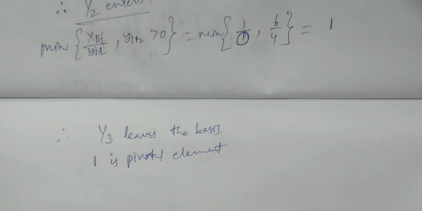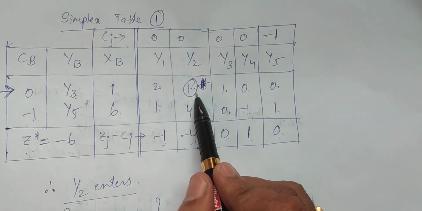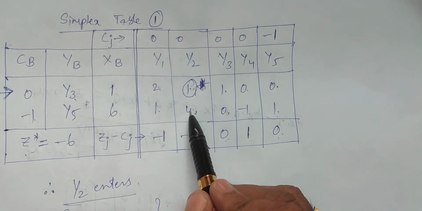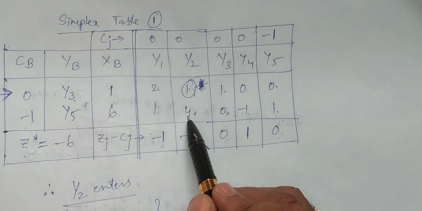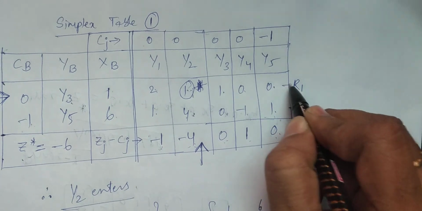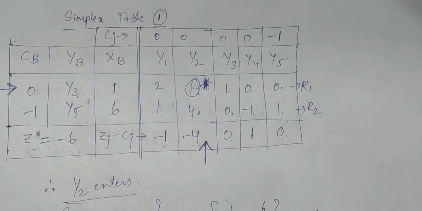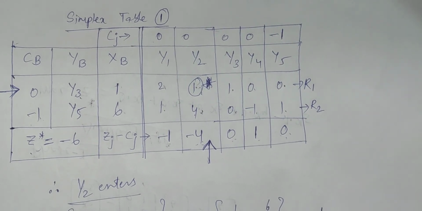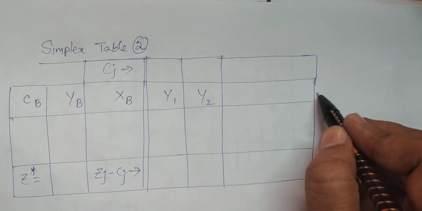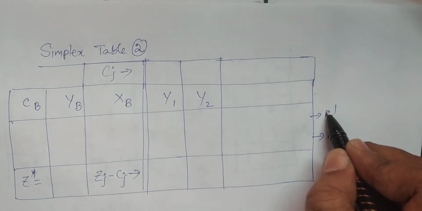So now we have to enter into simplex table 2, and you see here the pivotal element is 1, you have to convert it to unity. It is already 1, so the operation is the same. And the other element in its column is to be converted to 0. So the row operations I am taking: this is R1, this is R2. R1 dash and R2 dash I consider in the next simplex table. There I do the operations on R1 dash and R2 dash. So in simplex table 2, R1 dash and R2 dash are the two rows considered.